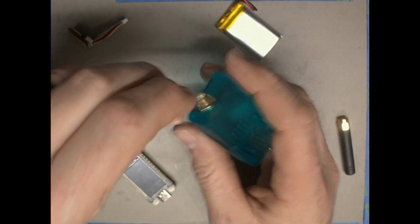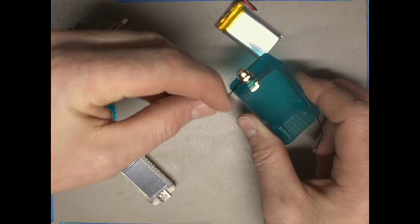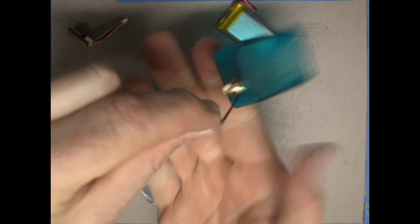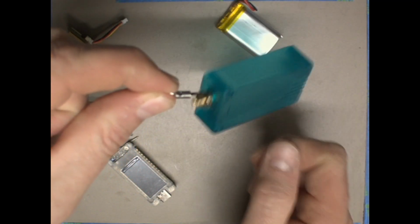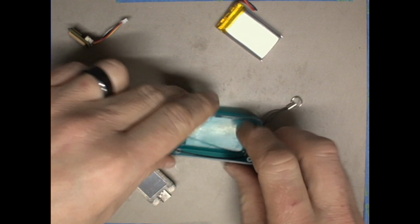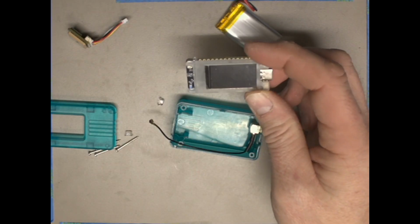But what we want to end up with is a situation like this, where we've got this lanyard that allows us to hold on to the case and hang it securely, and it won't come off because those nuts hold it in place. Alright, so then the next thing we're going to do is take our Meshtastic